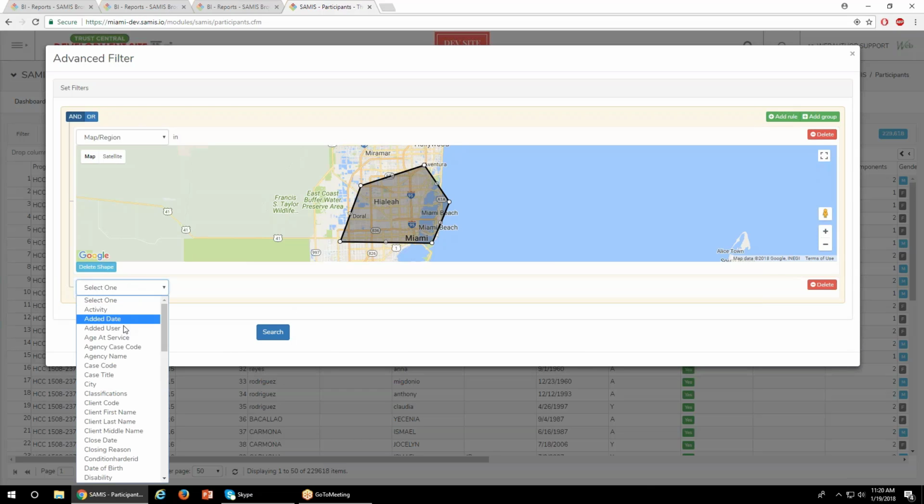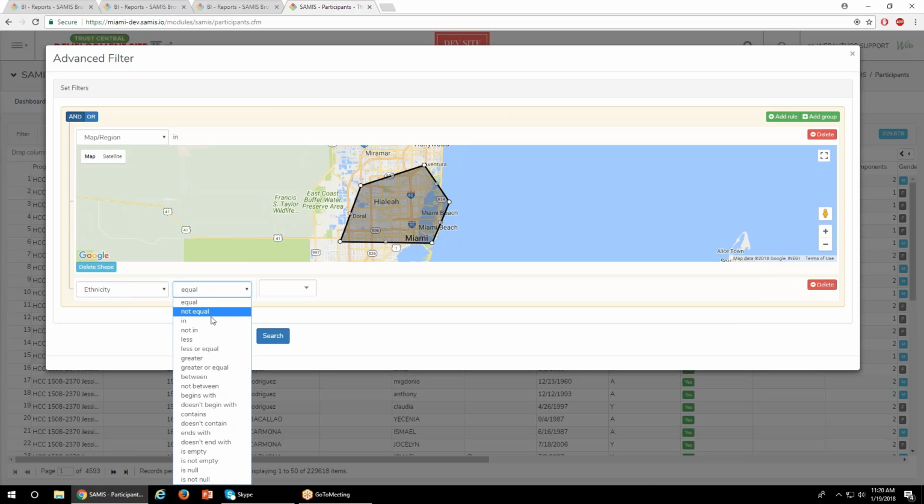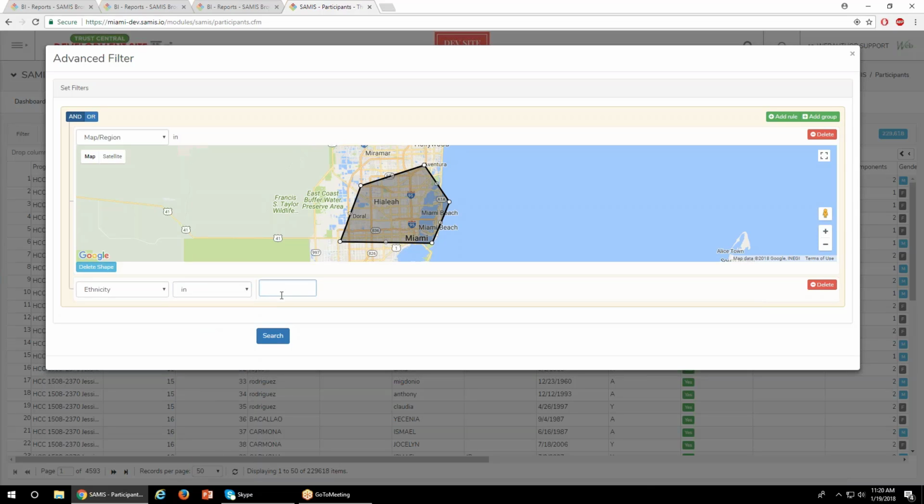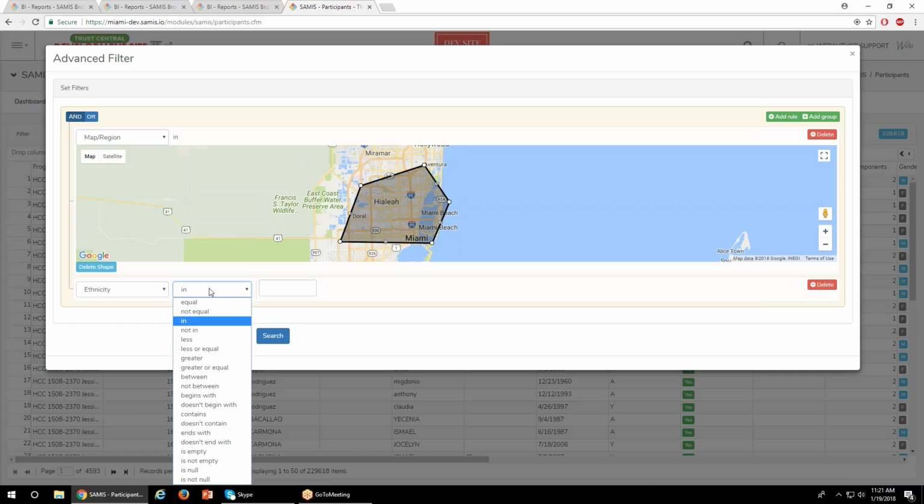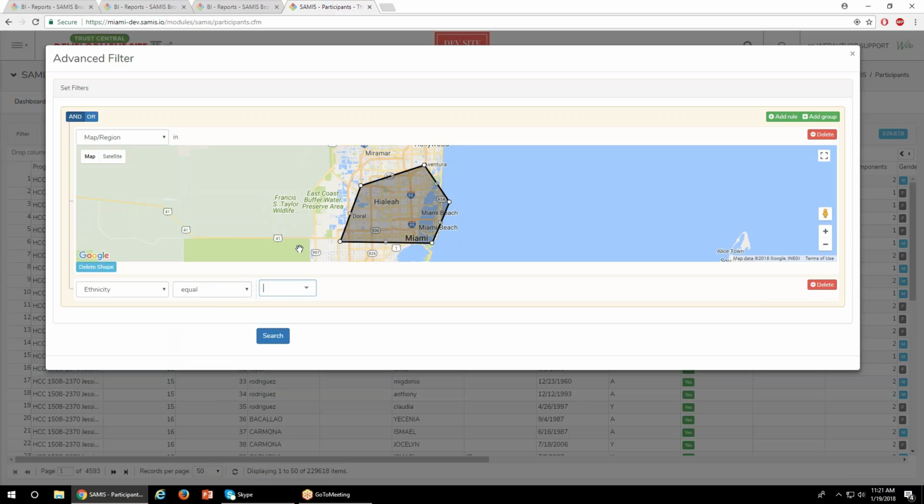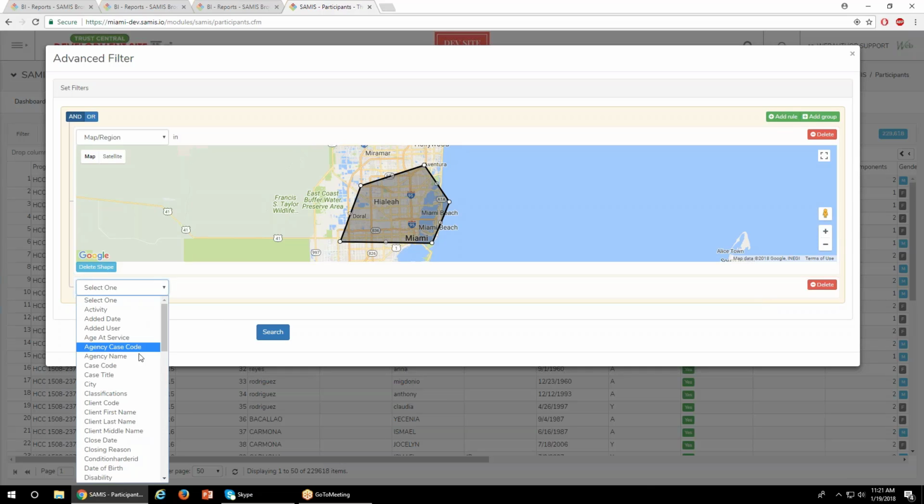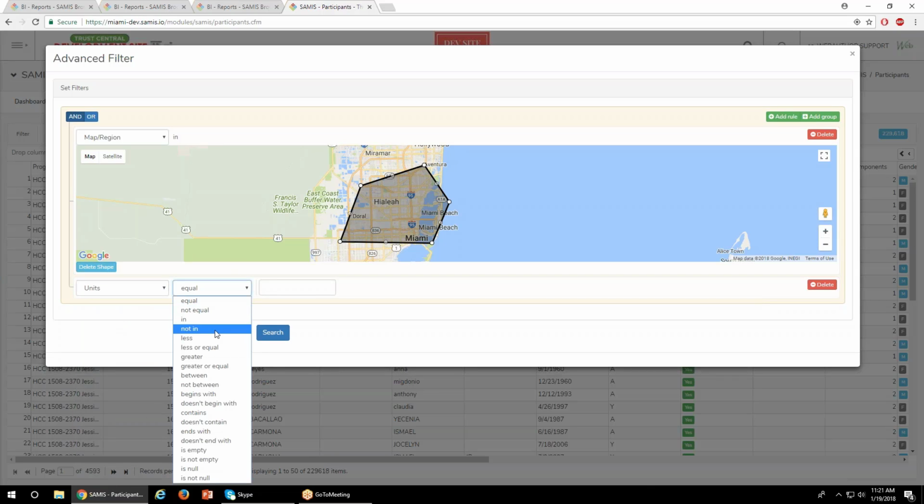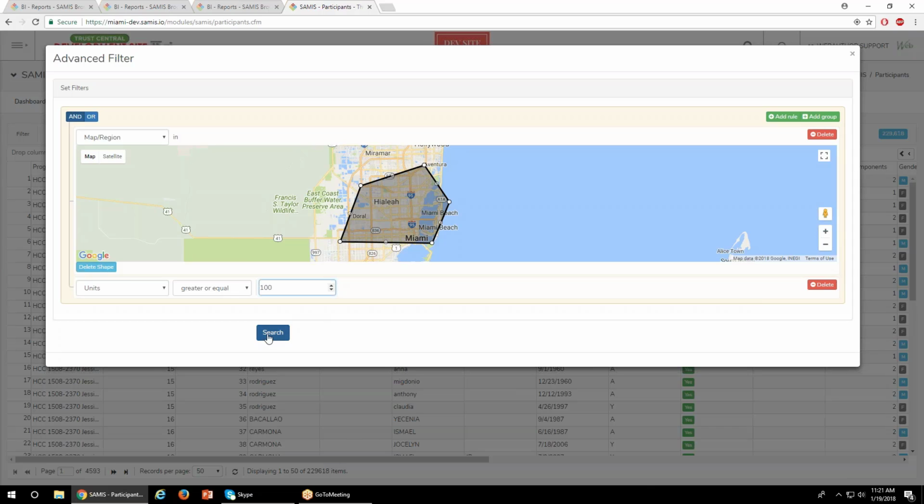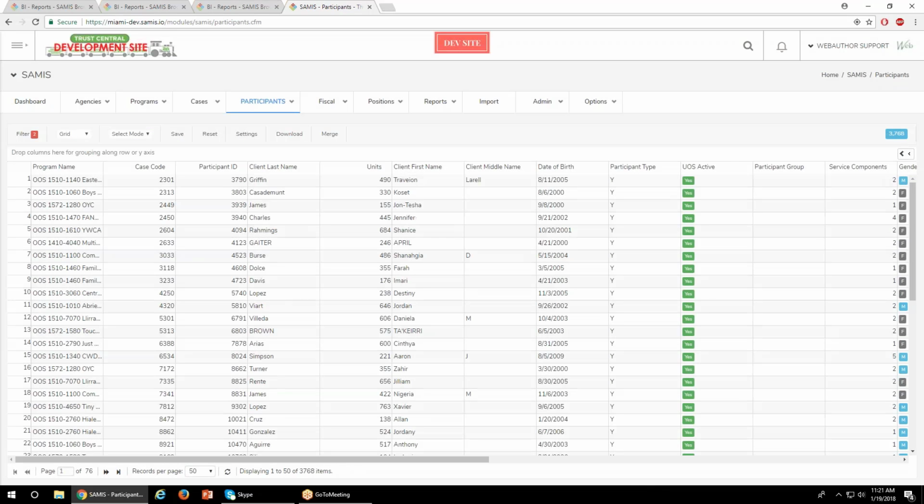And I might want to look at folks that are different ethnicities. So I might say, let's do ethnicity. I'm not sure if it was ethnicity. I'm trying to remember what the different options were, but you can look in here and see. I might also want to filter on folks that had over a certain number of units of service. So if I do greater or equal to 100, and just do a search, it's going to bring me